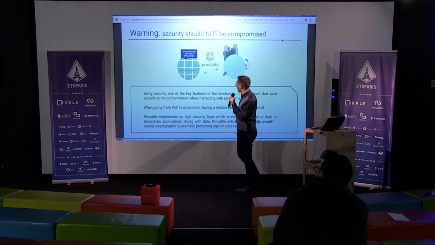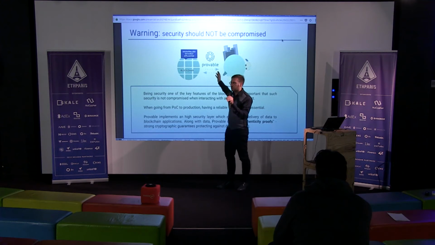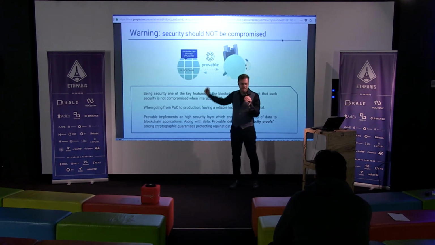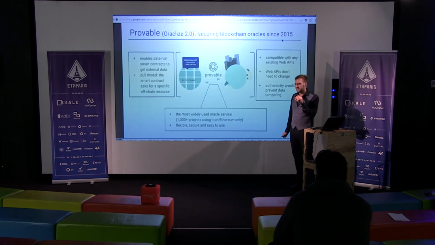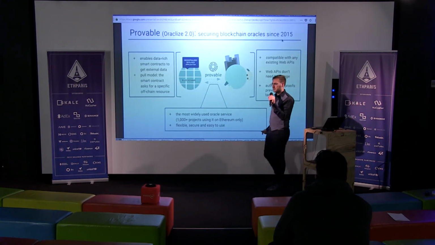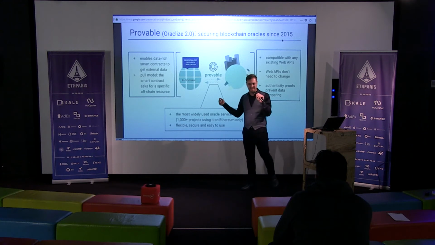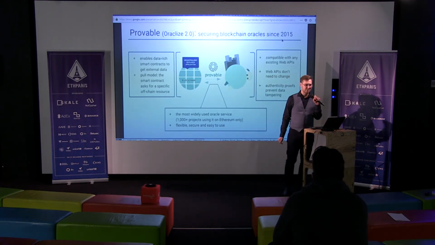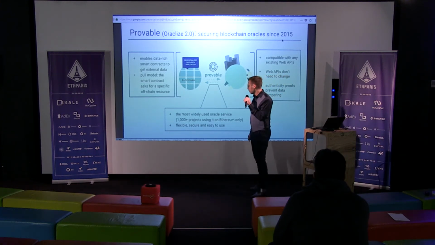So what happens? Here, you don't really want to compromise the security of the system. You don't want to lose the decentralization, and you don't want the data to be tampered with during the delivery process. So the Oracle in between needs to somehow guarantee that the data has not been tampered with and that it's safe. Garbage in, garbage out. If the application is perfect, decentralized, and transparent, but then you feed it with garbage, the payment maybe is going to be triggered correctly, but on wrong inputs, so wrong outputs, right? That's what you want to avoid.